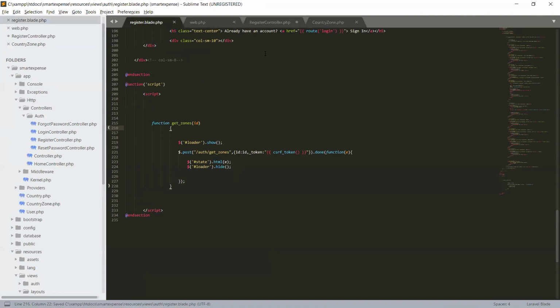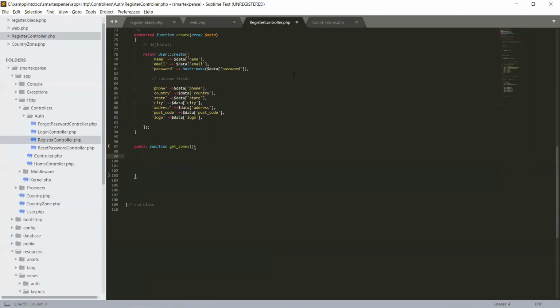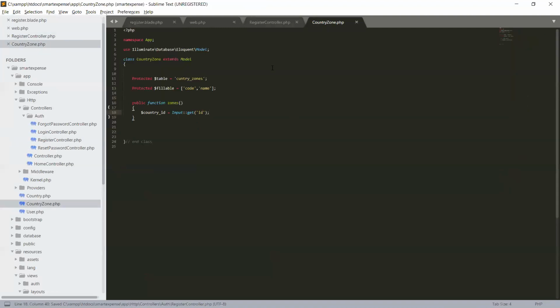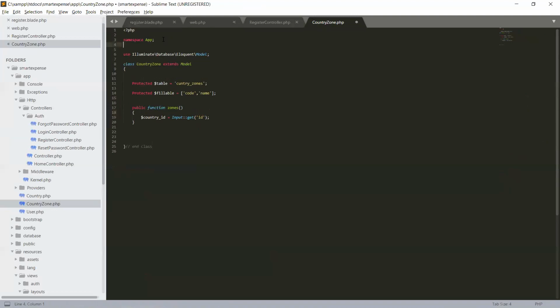So we are getting it in our CountryZone model with Input get, and we have to include this in our namespace as well. So use Illuminate.